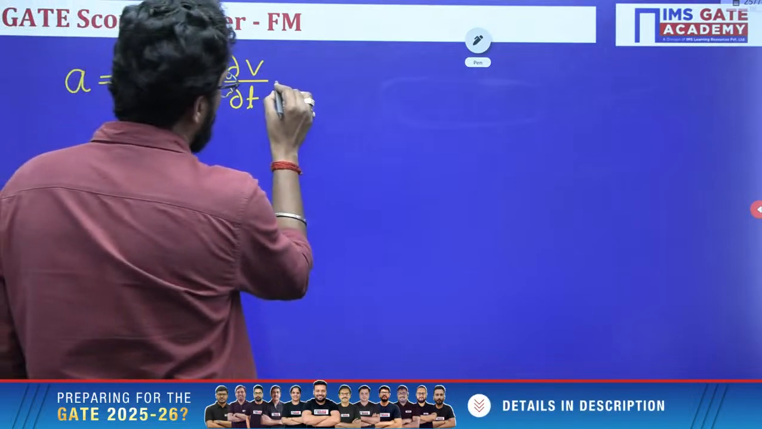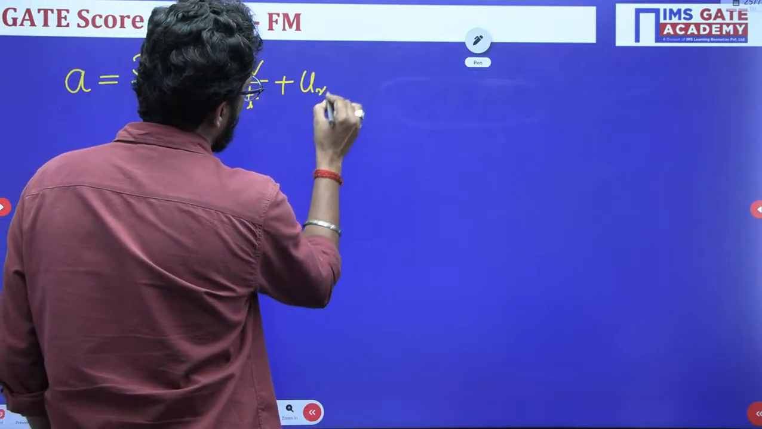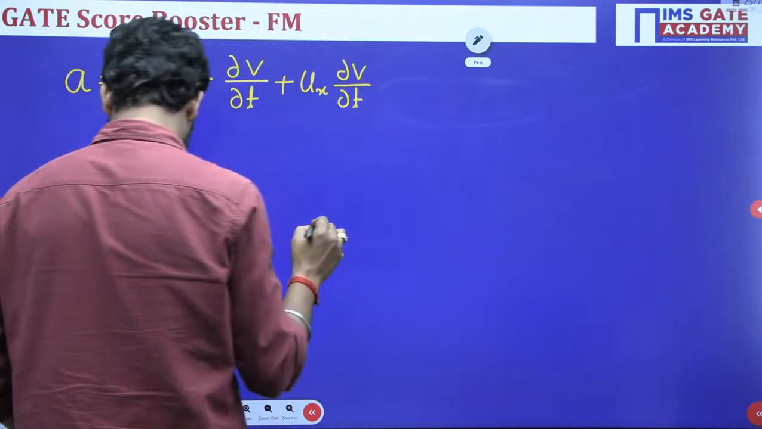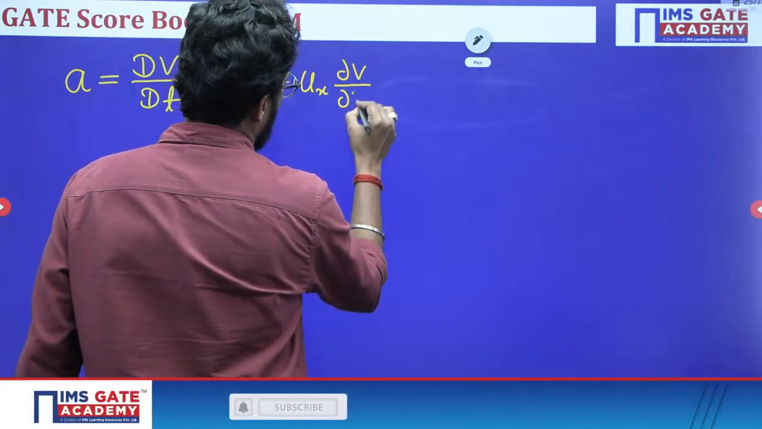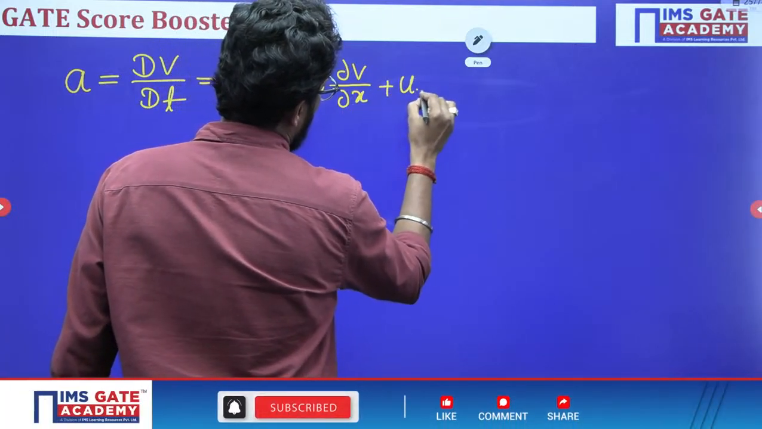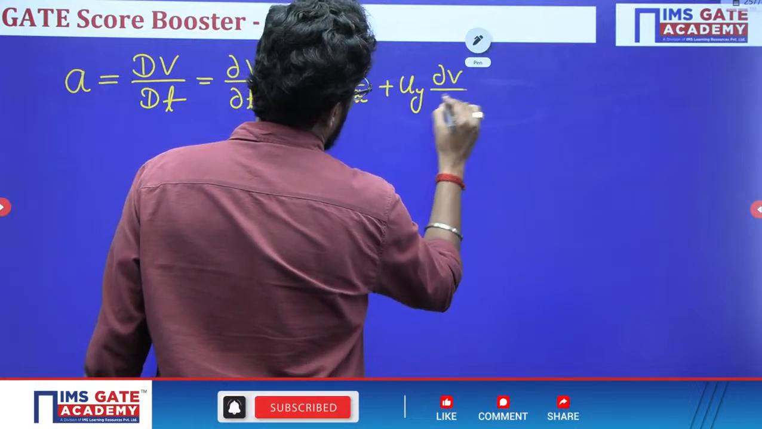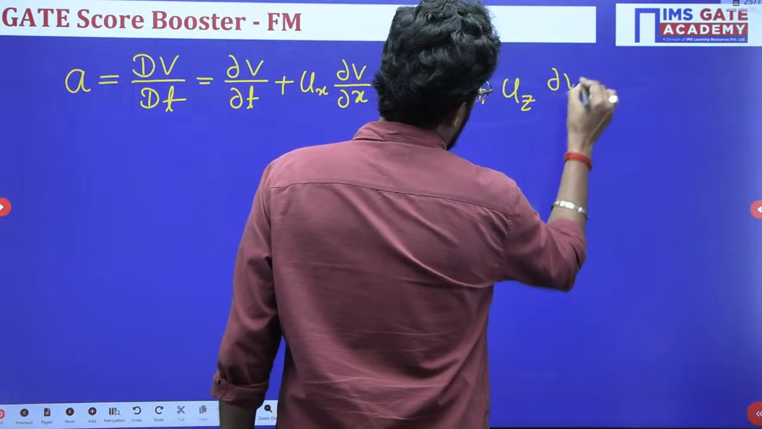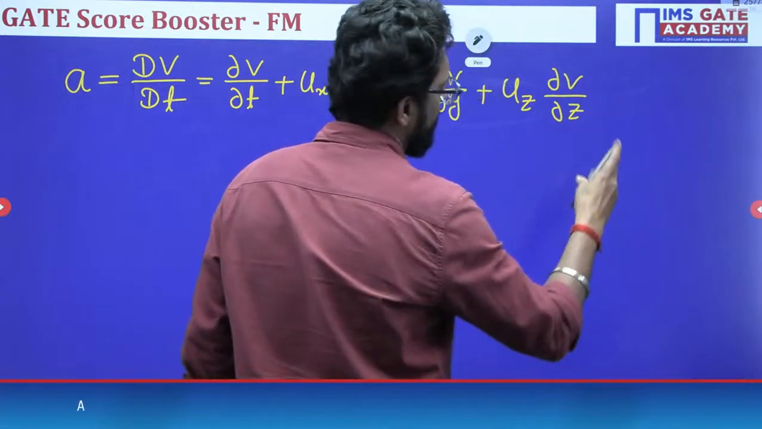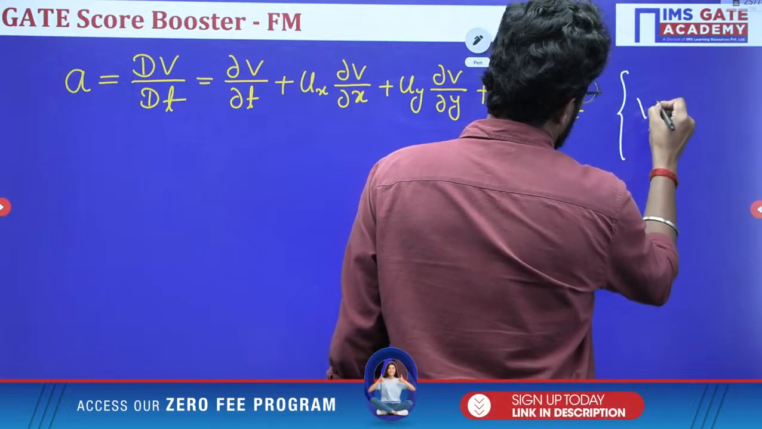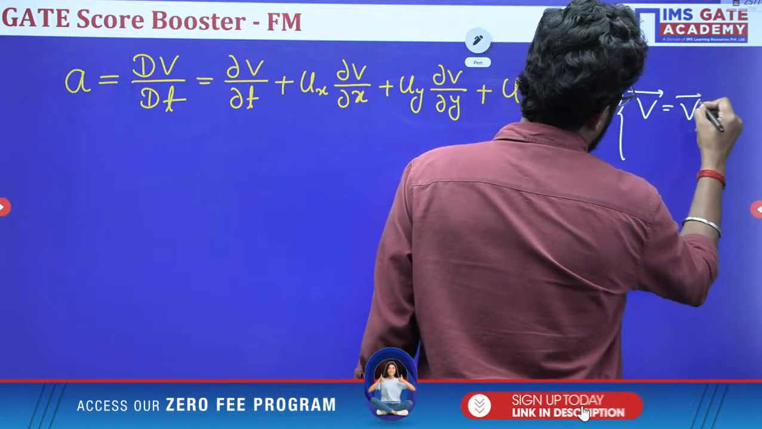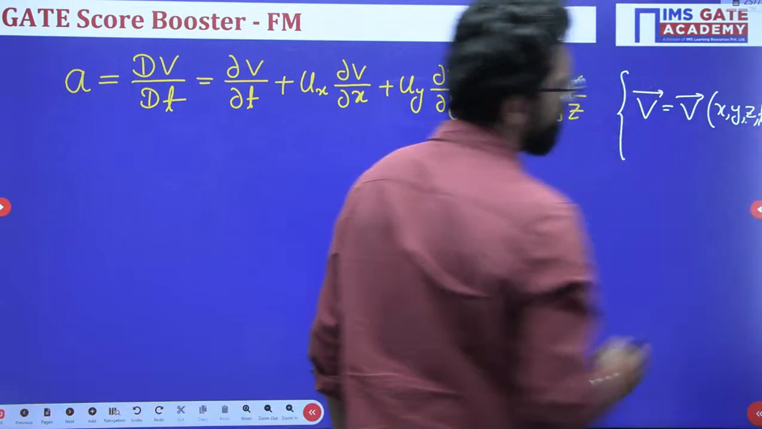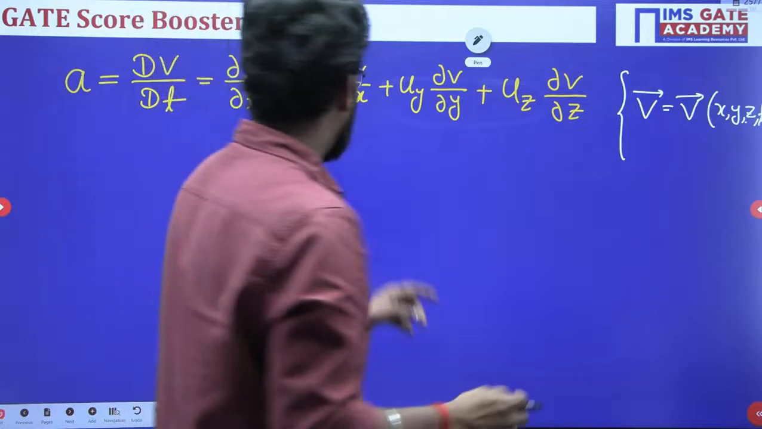Then we have to write velocity in x component, dou v by dou x. Velocity in y component, dou v by dou y. Velocity in z component, dou v by dou z. Now my dear, we know that velocity is a function of field x, y, z and t. Yes or not? But in this question,